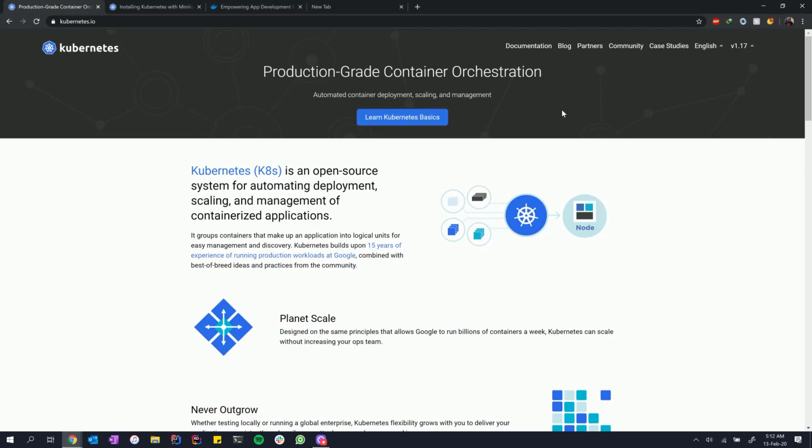Hi everyone. In today's video, we're going to look at how to deploy Kubernetes locally on your development machine so that you can start playing around with the tools that Kubernetes gives you. One of the beauties of Kubernetes is that it scales really well from running on a local machine with very little RAM and CPU all the way to scaling up to hundreds of thousands of machines and containers